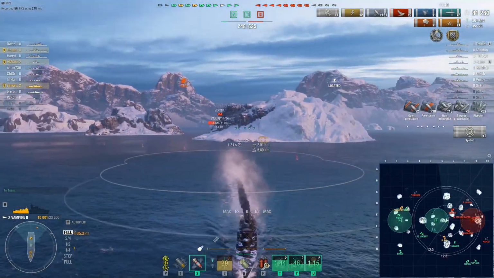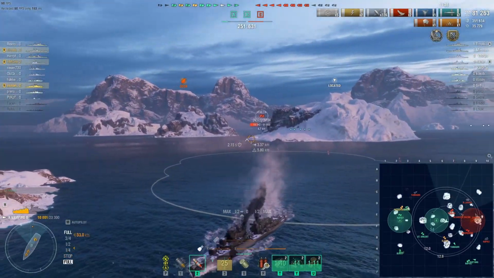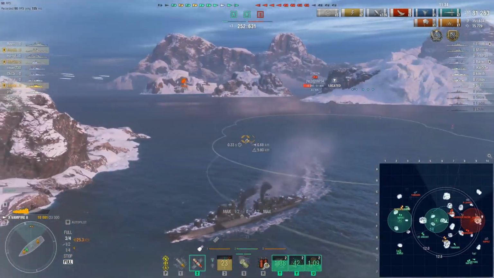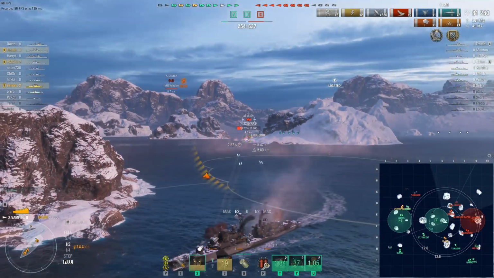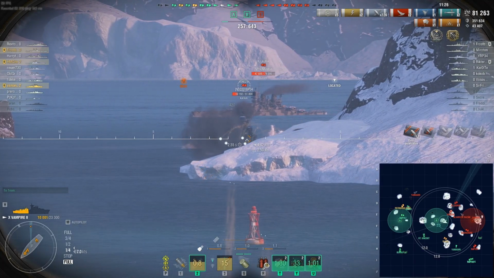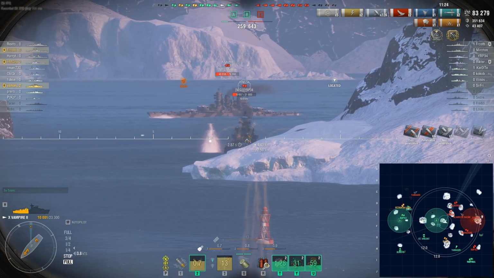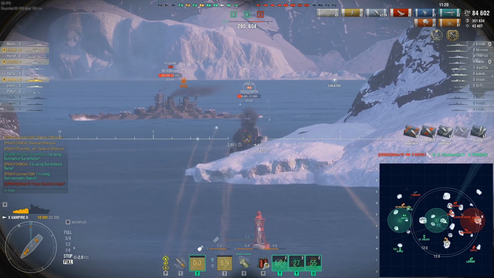And here, this Alvaro de Bazan just got spotted for a couple of seconds, but then I come back into the smoke, and there is a Venezia that is trying to push in. But since I have a hydro running, and Venezia, even if he tries to use the smoke, will not get a lot of value, I just start to shoot the AP on a superstructure to get some penetration,